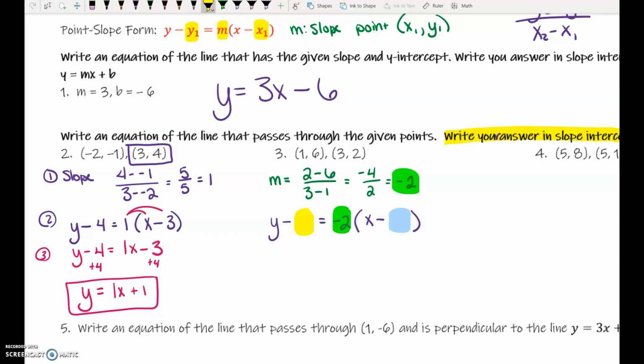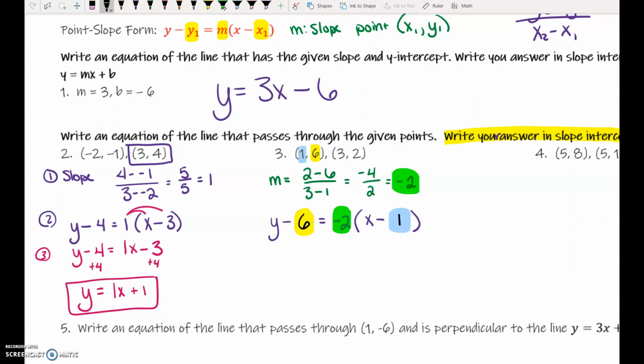So the fact that we've got a -2 already in here, I'm actually going to choose the first point. So 1 is my x value. I'm going to highlight that with blue. 6 is my y value. I'll highlight that with yellow. So y minus the y value of the point, 6, equals our slope times x minus the x value of